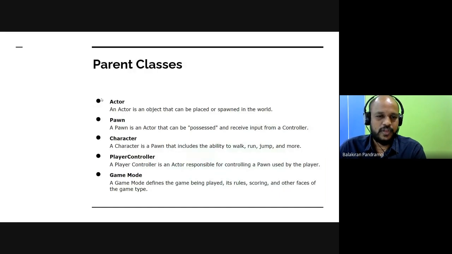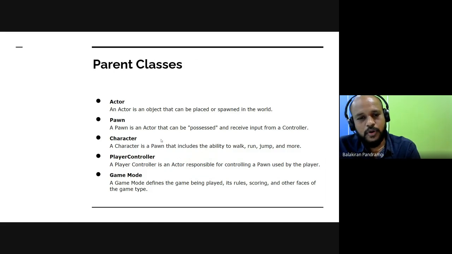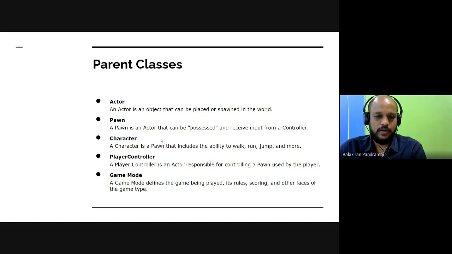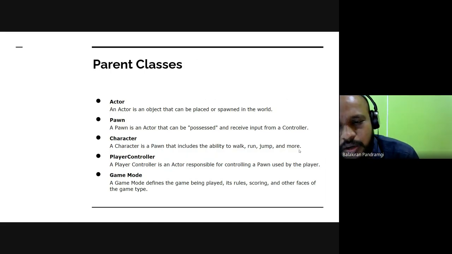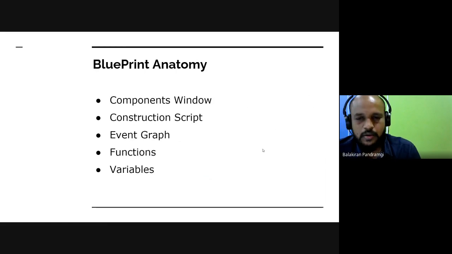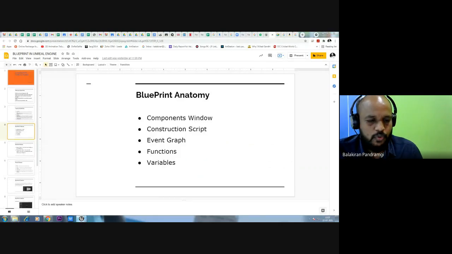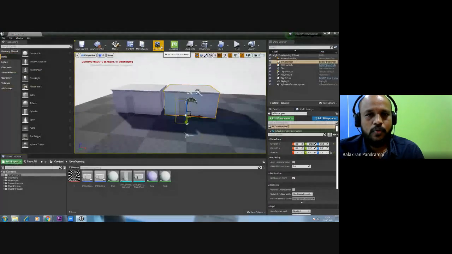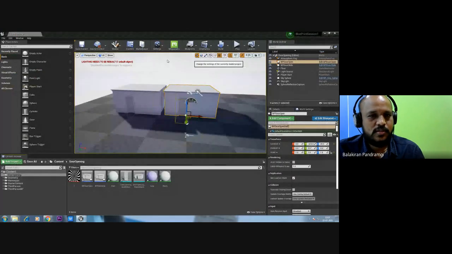And today we have taken actor as the example. If you are writing a blueprint for a character, it is better to choose the character class, because it will have some abilities already pre-built, like walk, run, and jump. And one more point, if you go to the project settings,